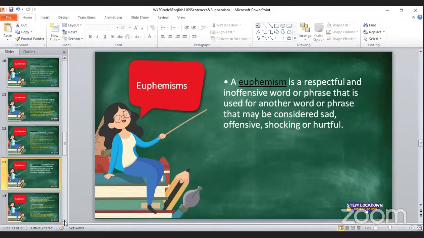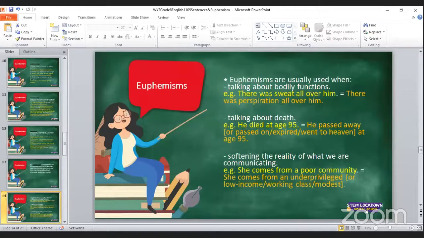Okay, so that is when you say something which can be offensive, shocking, sad, or hurtful. You find a way of saying that thing, but in a different way. You know. So let us go to examples. All right. So euphemisms are usually used when talking about bodily functions. Okay, like I said with the toilet example, remember,